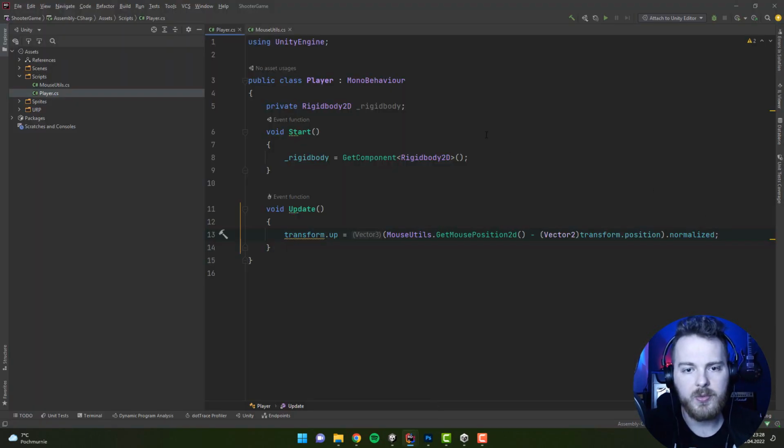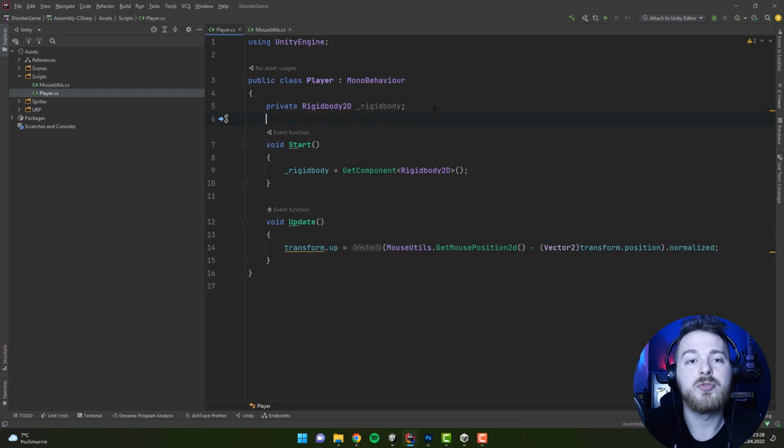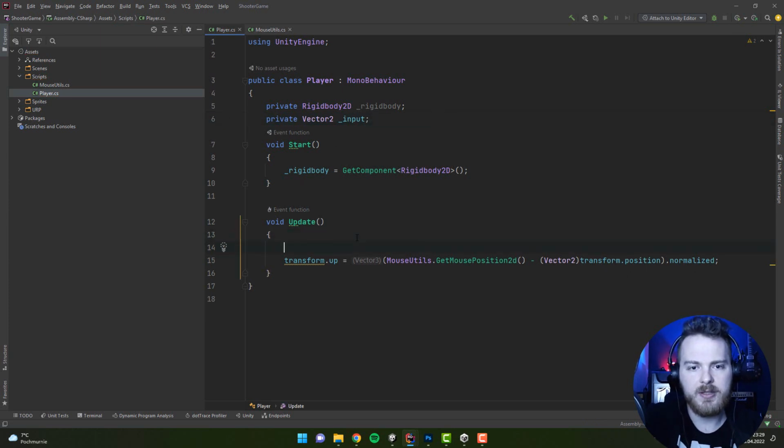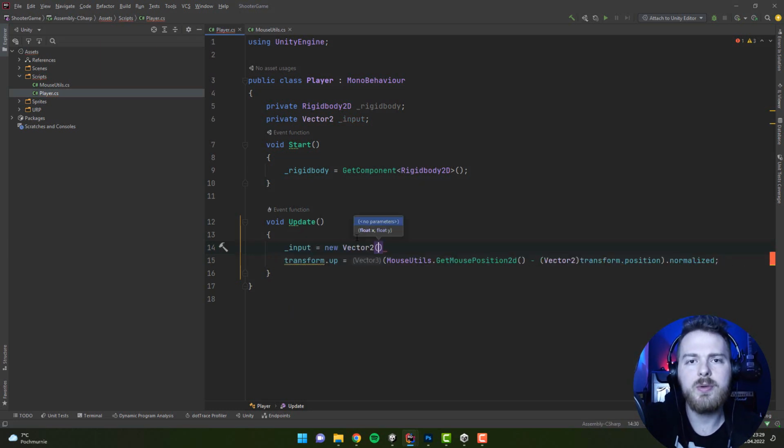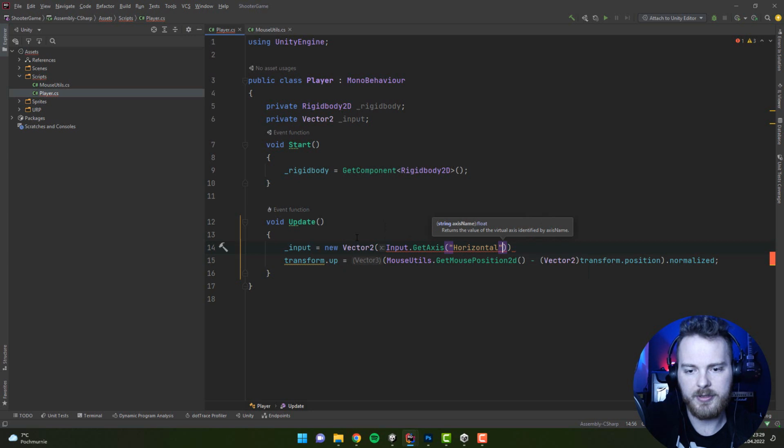Now, first thing we need to do is create a variable to store our input. So it will be a vector2 because we want horizontal and vertical input. And now in the update method, at the very beginning, what we can do is store in the input a new vector2 with two pieces of information. First one is the information about horizontal input